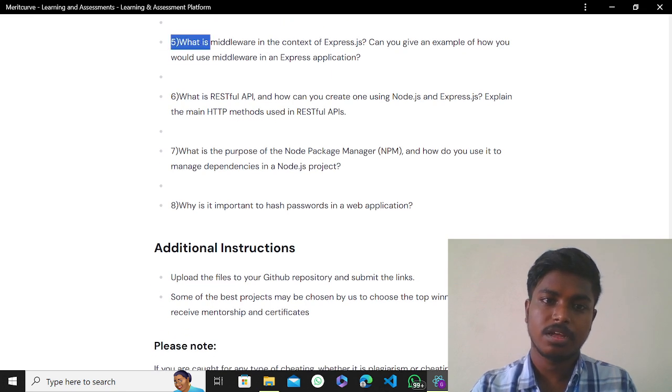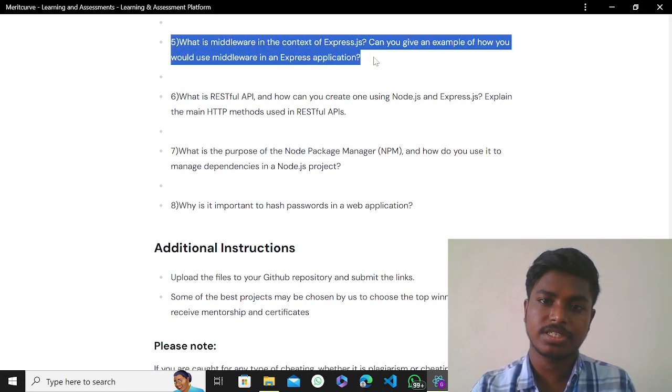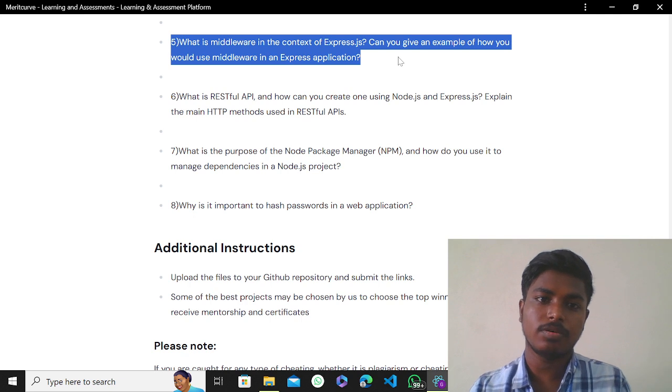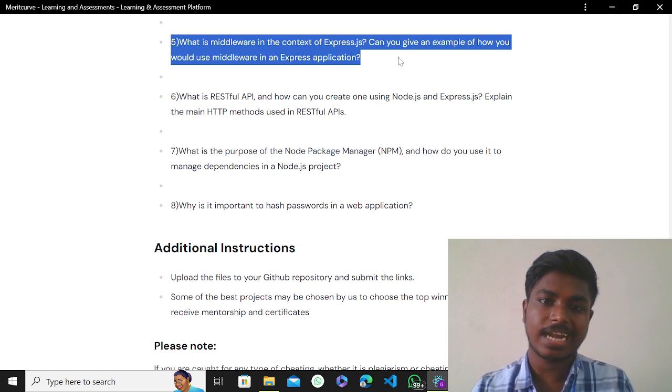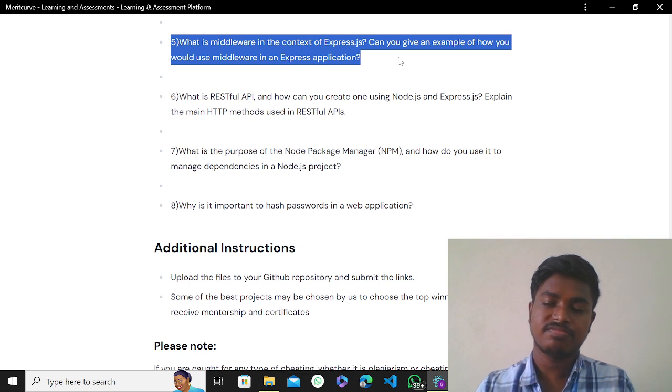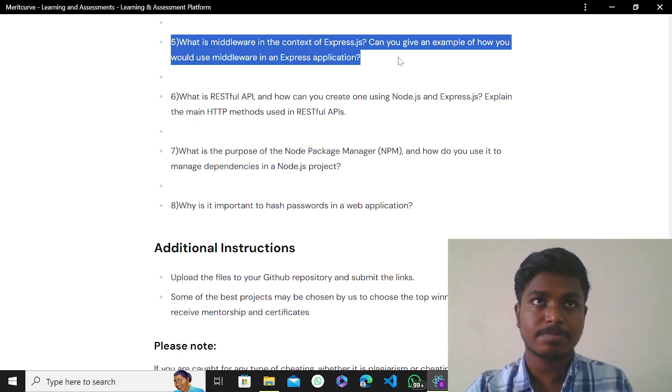Fifth question: what is middleware in the context of Express.js? Can you give an example of how you would use middleware in an Express application? Sometimes on the server side, we have to give a message. For example, in some websites you can see "Welcome username". If my name is Rohan, the website should display "Welcome Rohan".